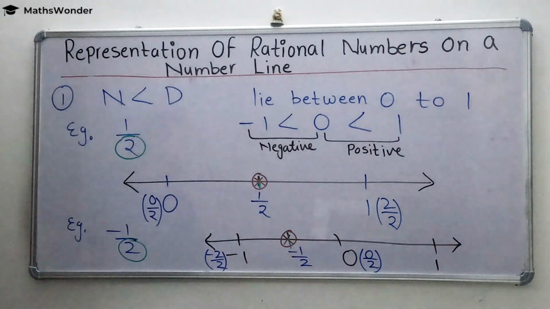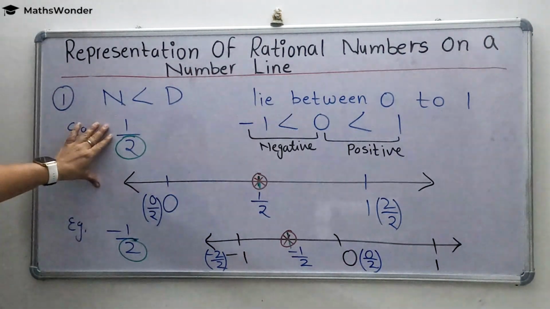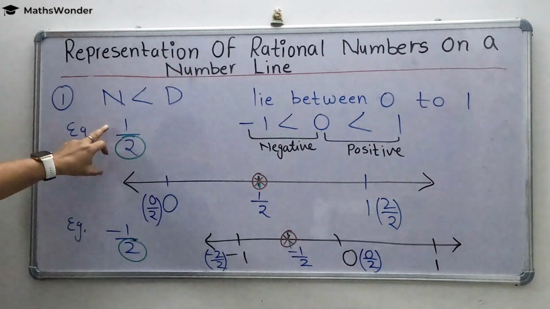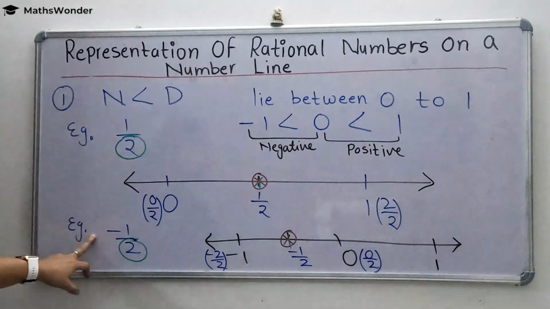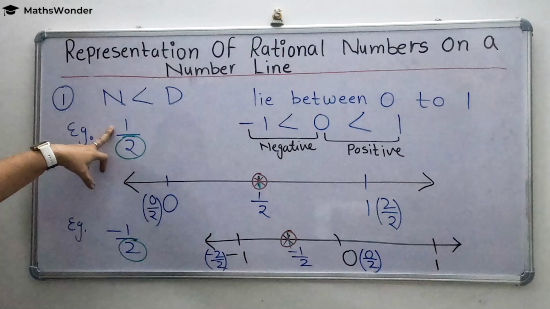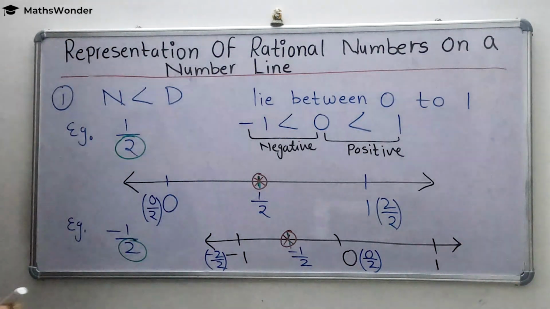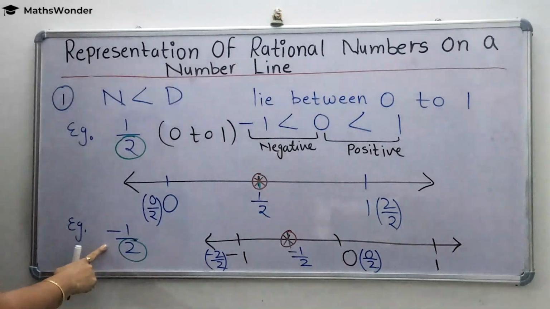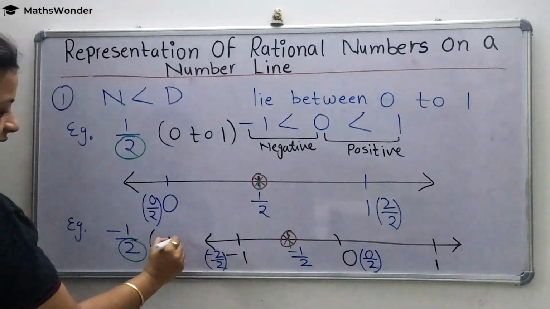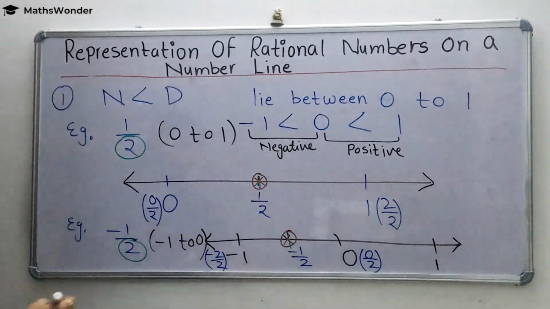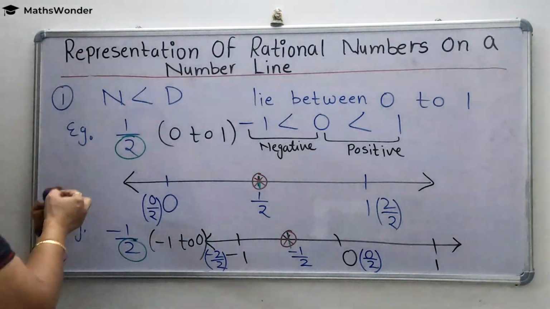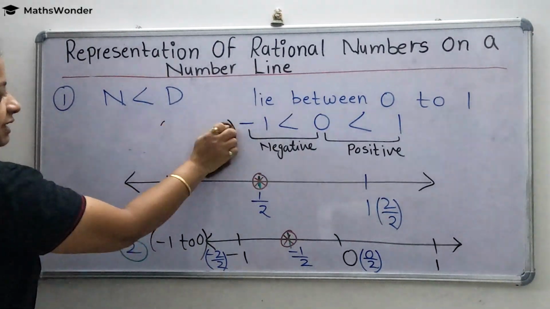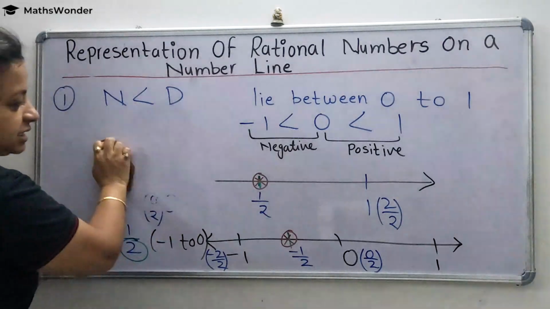Whatever rational number is in front of you, first you will check whether it is a positive rational number or a negative rational number. If it is positive, it will always lie between 0 and 1. And if it is negative, it will lie between -1 and 0. This is the very important part. Once you understand which numbers it will lie between, you can easily draw it on the